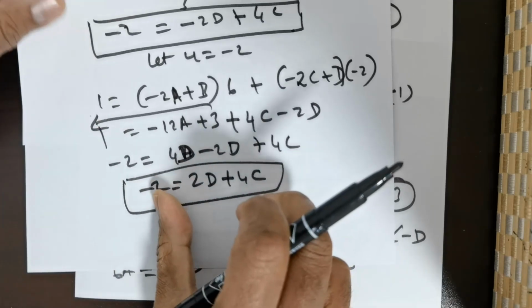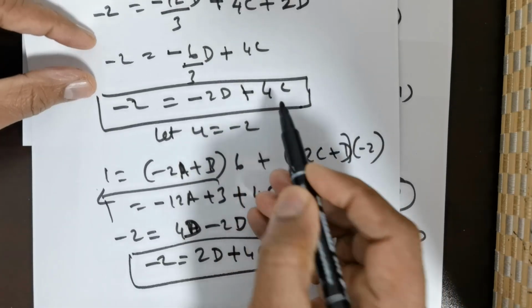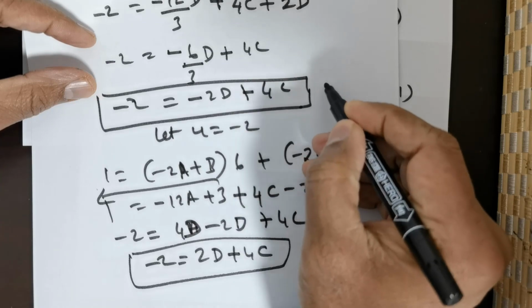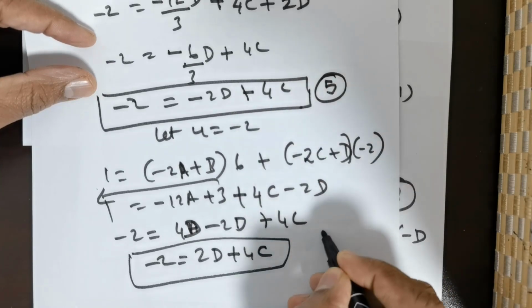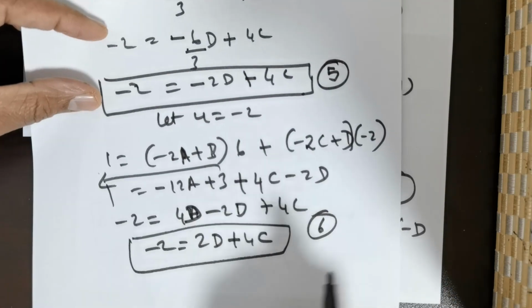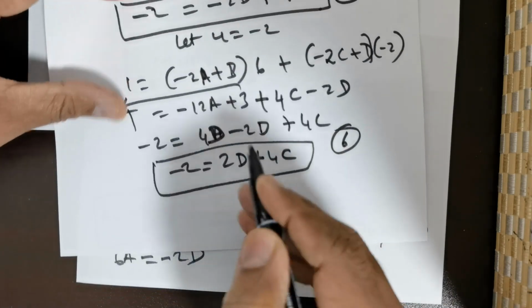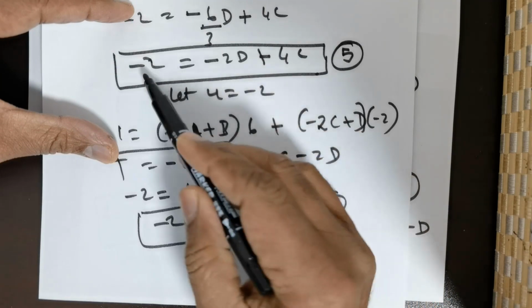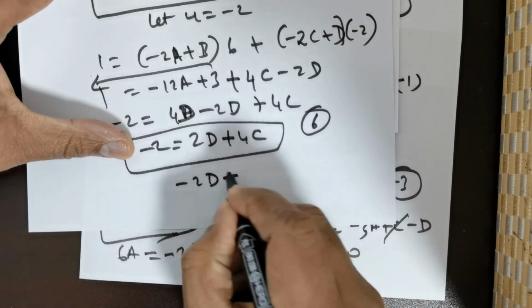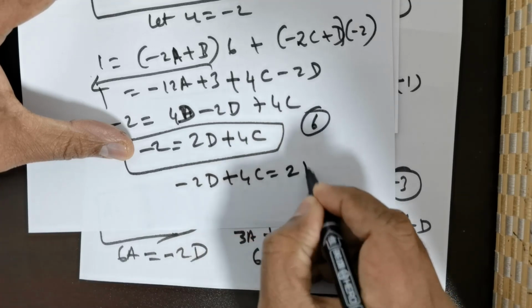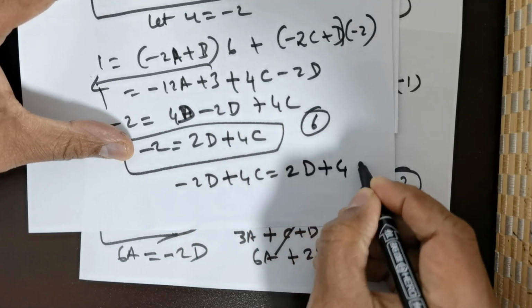So I have a system here and I have a system here. So let me take this as say 5 and 6. So I will equate 5 and 6. What is going to happen here? You see that I can equate these two. So this is going to give me negative 2 times d plus 4c is equal to 2d plus 4 times